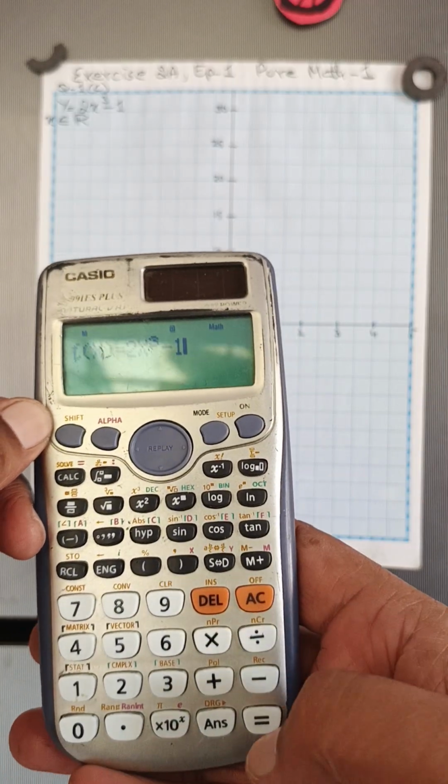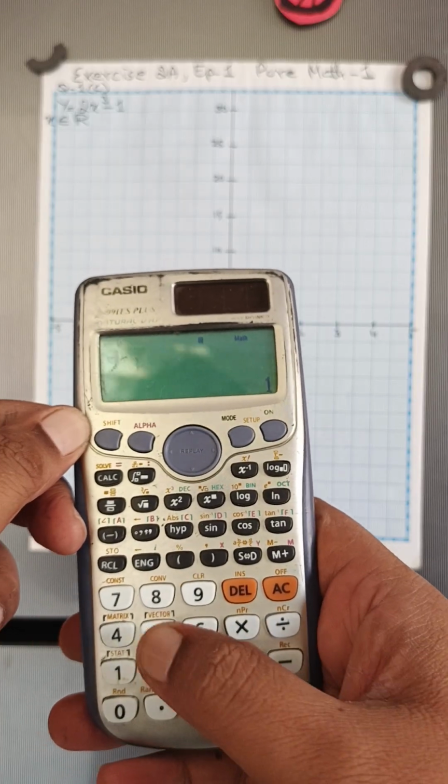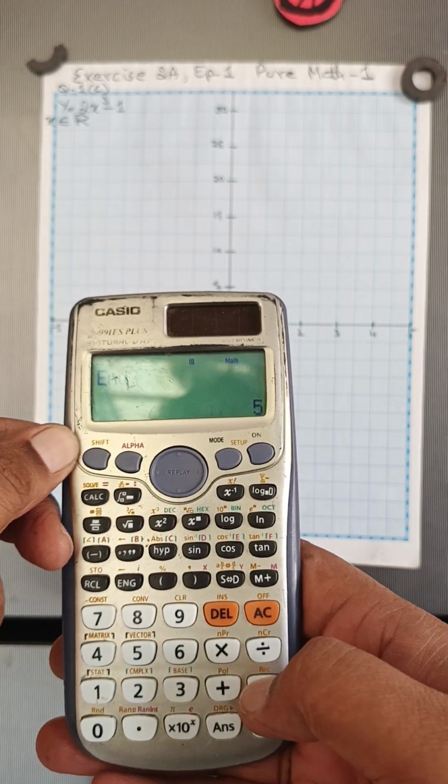So I wrote this, and he says start from where. So let's say I ask him to start from minus 5, and he says ends at where. I said